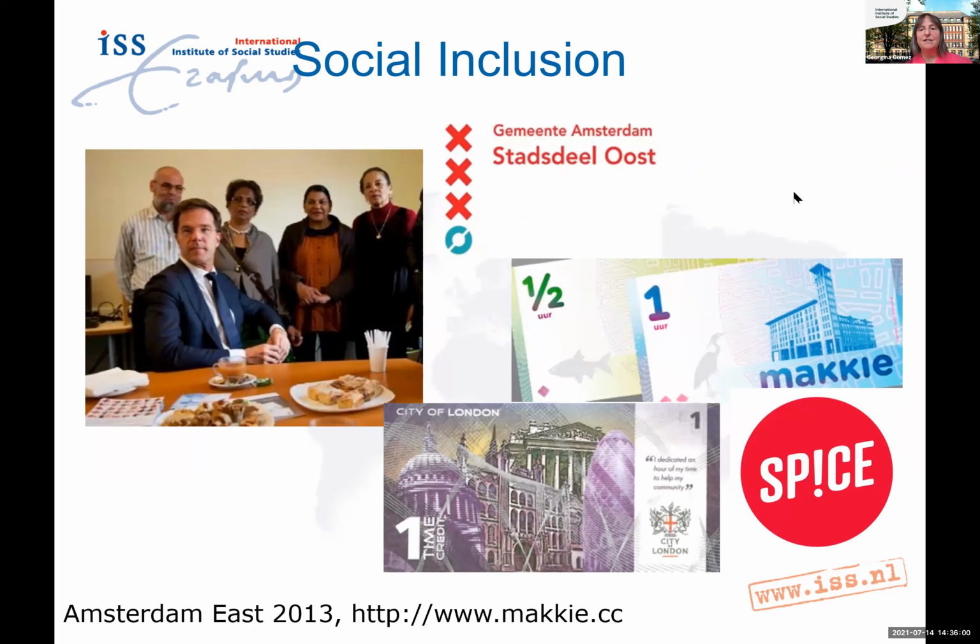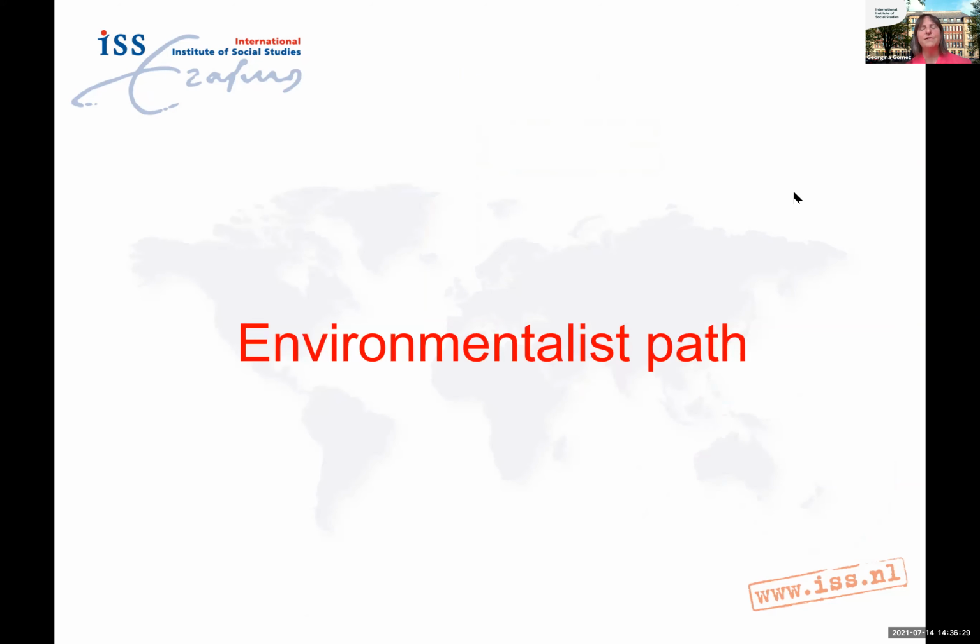There's a very similar scheme to that one in Nantes, in France, and in Amsterdam, in the Netherlands. This one in the east of Amsterdam, the idea was to integrate foreigners. It didn't quite work as it was expected, but it did create a system in which you can fix your bike by providing cakes. So it's always the very same idea.